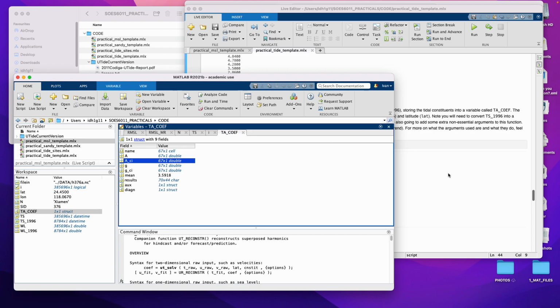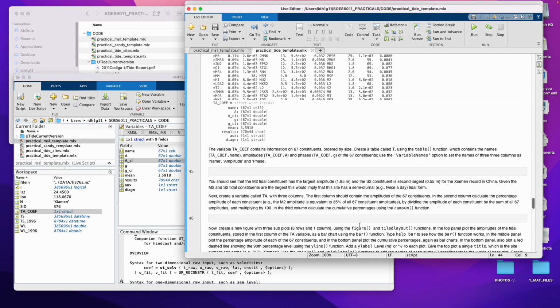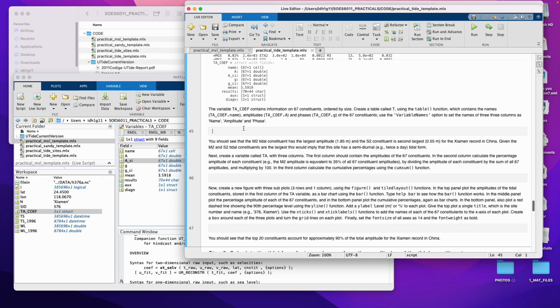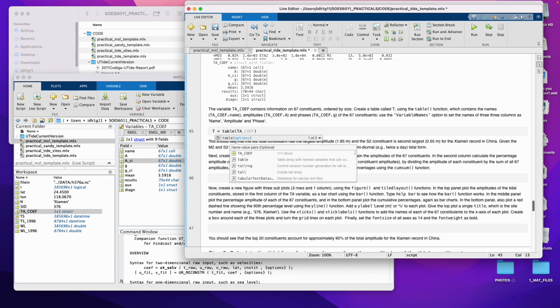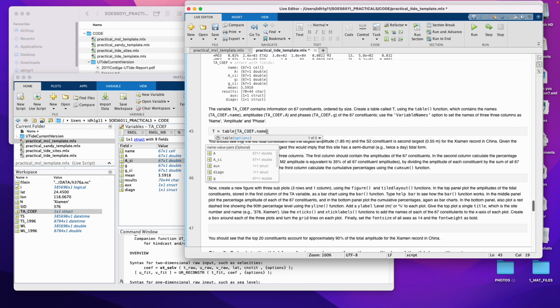Okay, now what we're going to do is, let's go down to the next step. Now we're going to create a table function, call it T. This is just a nice way of explaining, so we're going to have TA coefficient, and the first thing I'm going to put in there is the name. Then we're going to have TA coefficient, and we're going to put in the amplitude, which is A, and then we're going to have TA coefficients, and we're going to put in the phase. And then we can have the variable names function,